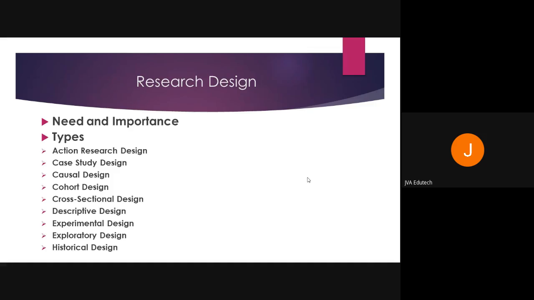Exploratory design I have already discussed with you. Historical design is a design which is done mostly in historical settings. When you try to expand an existing theory, there is an existing theory and you just try to add something to that theory. Let's say you know Newton's laws and you want to add something to Newton's laws of motion. Newton has three laws of motion. You study those three laws and try to expand them, or create some new phenomena out of that. It would be a kind of historical design. So these are the 9 designs.